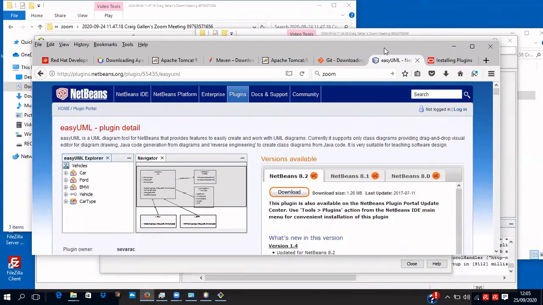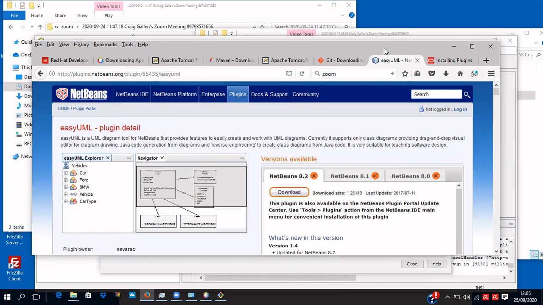So now we're going to install the EasyUML plugin into NetBeans. One thing that's happened with NetBeans is that it has migrated from Oracle to the Apache Foundation. From NetBeans 11 onwards, the Apache Foundation are hosting NetBeans and curating the project, but prior to that it was Oracle directly. So we now have two streams of NetBeans up to version 8. The website refers to the Oracle version of NetBeans, but after that, the Apache website refers to the latest